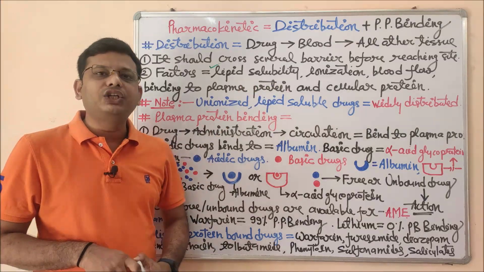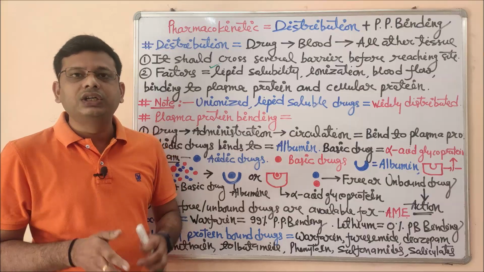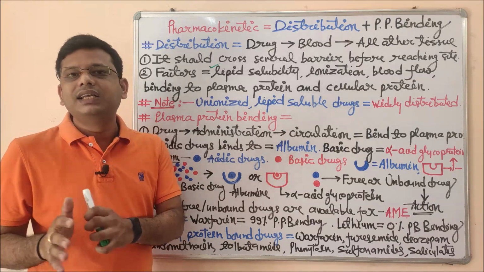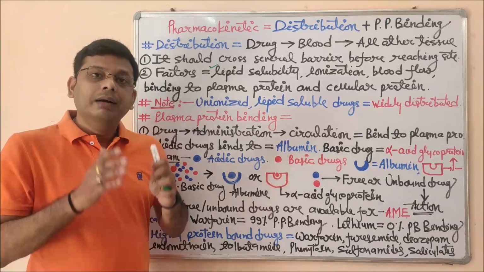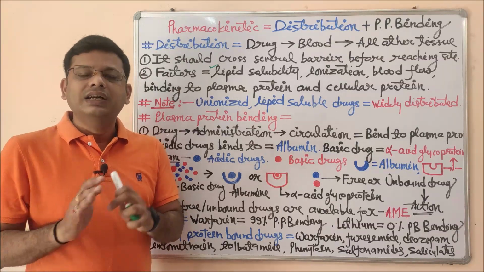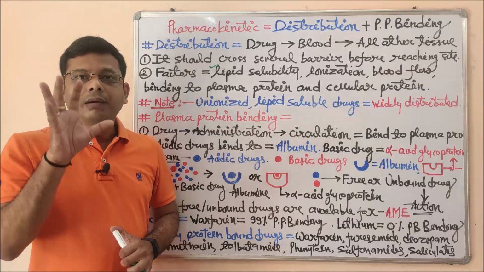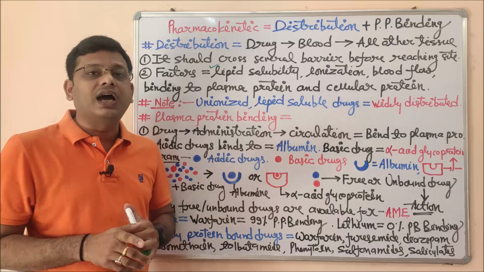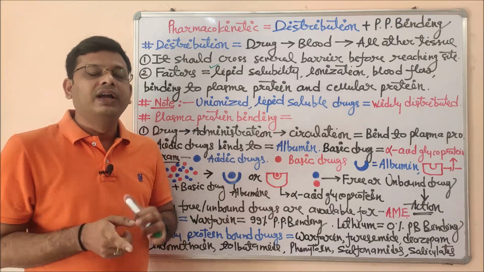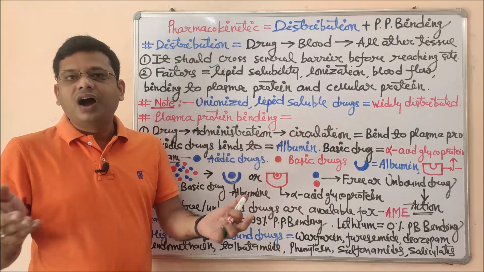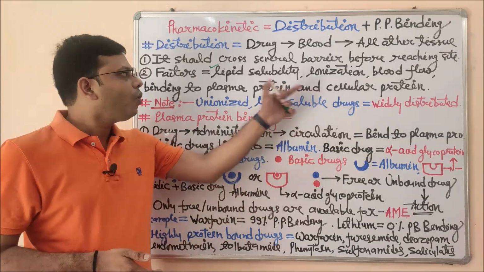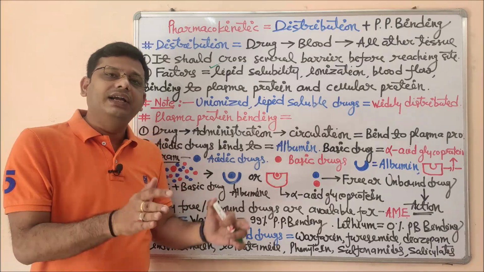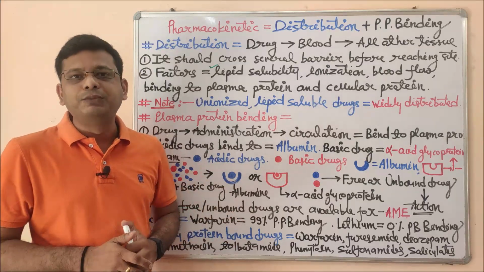In case of ionization, you know the point about ionization. When the drug is in unionized form, that drug can easily move from one part to the other. But once the drug gets ionized, it will behave like a macromolecule, a large size molecule, and will not be able to absorb as compared to the unionized form. That is important. If the absorption is not adequate, how can distribution be adequate? So all these parameters of distribution are directly or indirectly related with the absorption parameter.